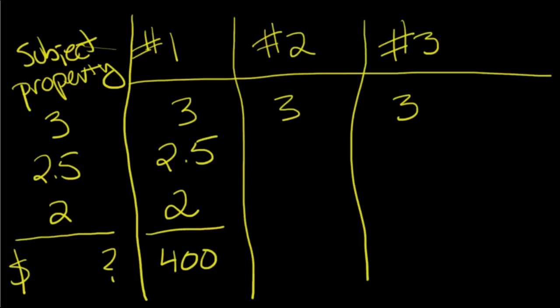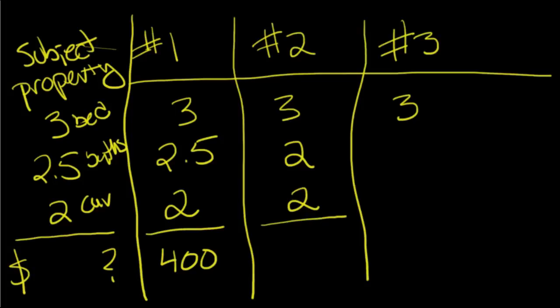House number 2 was a 3-bedroom house, but it only had 2 baths. By the way, let me write over here: this is beds, this is baths, and this is cars, garage doors, garage capacity. It also had a 2-car garage. Great, so it's almost a match, except we're missing a bathroom here. Now, we're going to say that this house sold for $385.